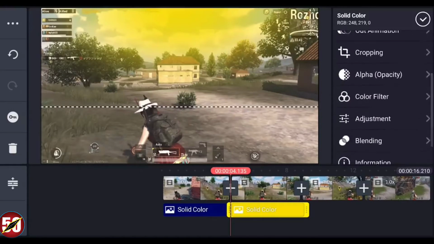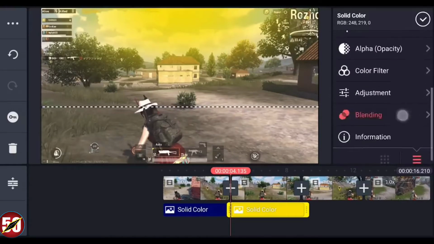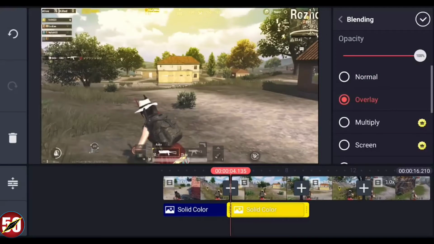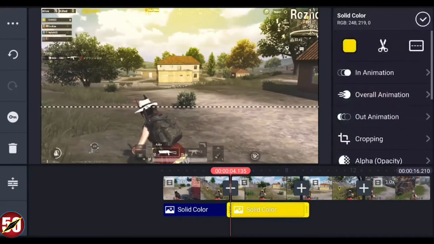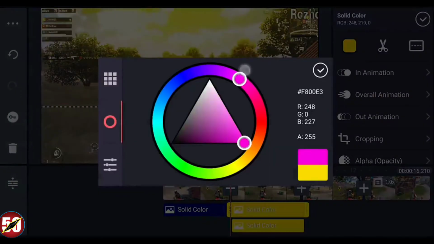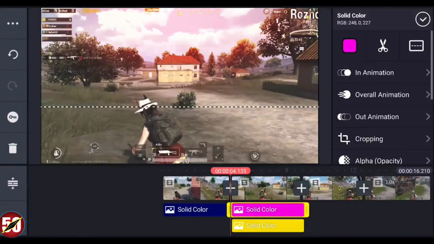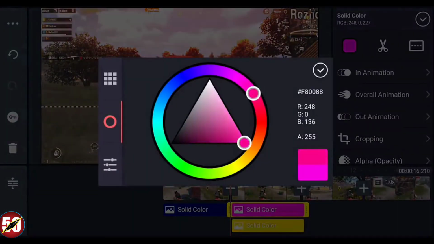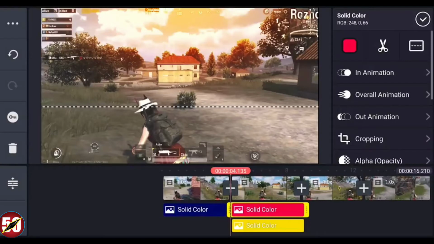You have to change the blending mode to overlay and then duplicate this layer and change the color to pink. I will keep it somewhere between red and pink. So this is how it should look.